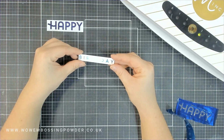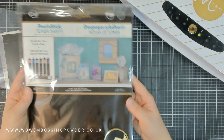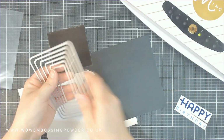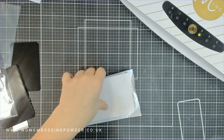For the second technique that's in this card as well, you can buy toner sheets, and these are from Thermoweb Deco Foil. They are peel and stick. And these are pre-printed toner sheets. And I'm just going to die cut from them and then going to run them through my machine with some foil. So I've got silver Fab Foil here, and I'm just making sure I've got enough to cover the whole